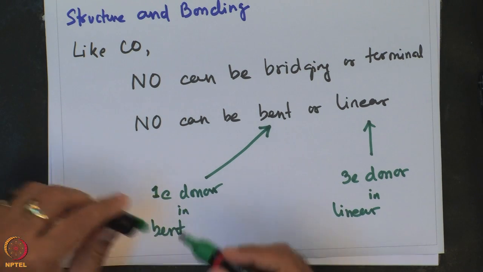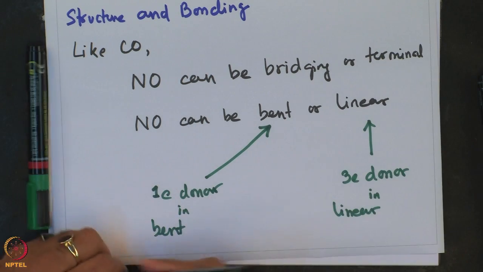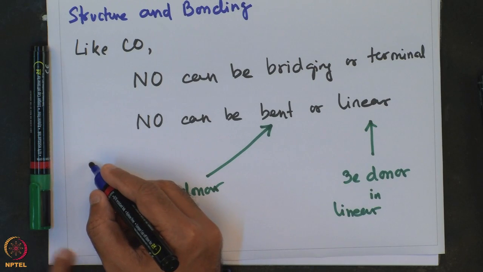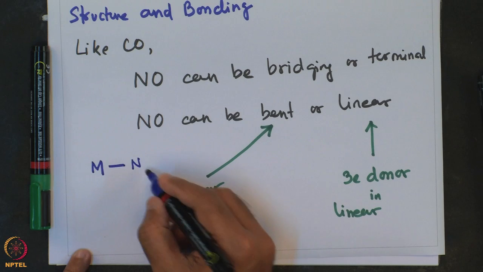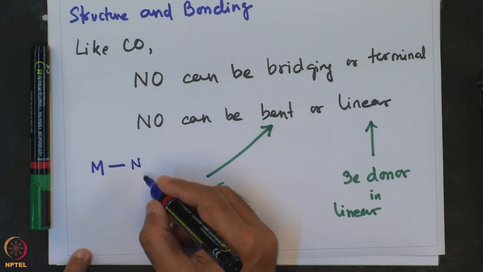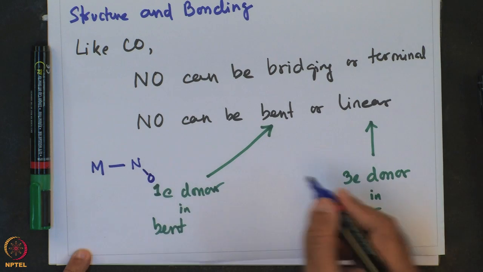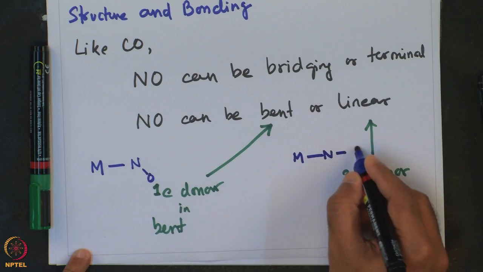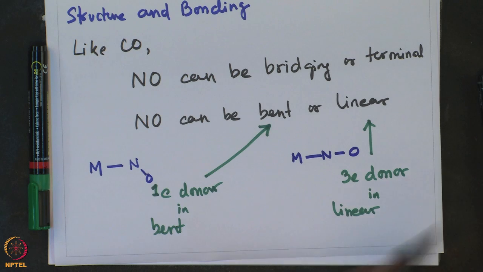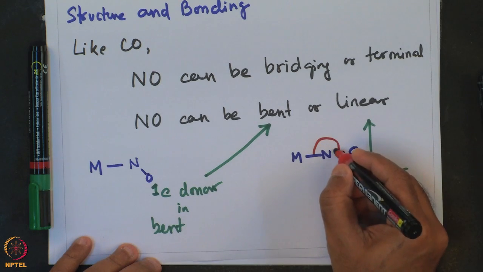So, to illustrate this further, metal bound bent NO would look like something like this, whereas a linear one is something like that, and this binding of the bent or the linear form can be characterized by this angle